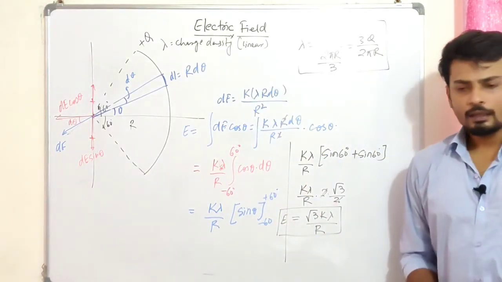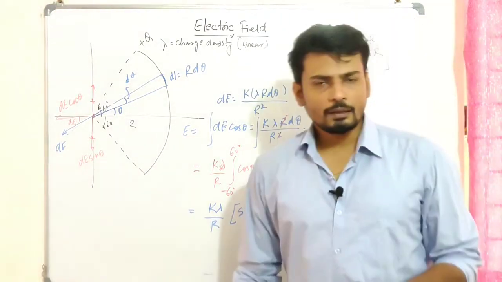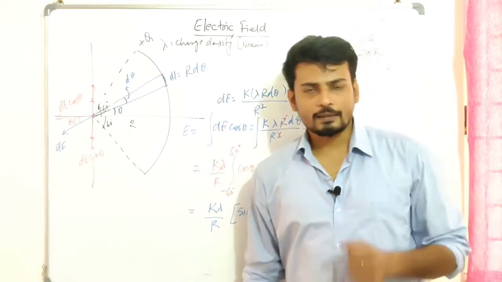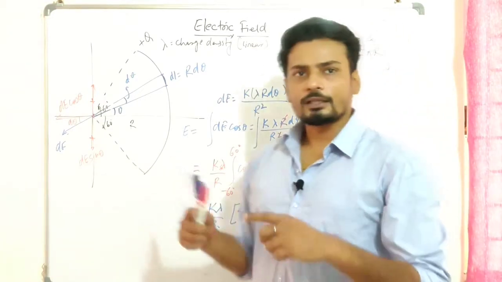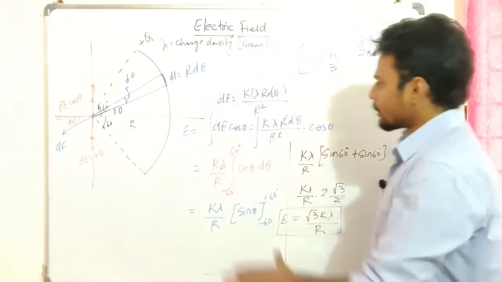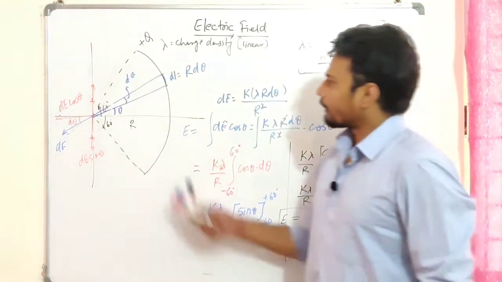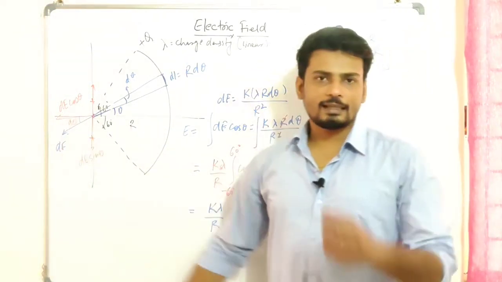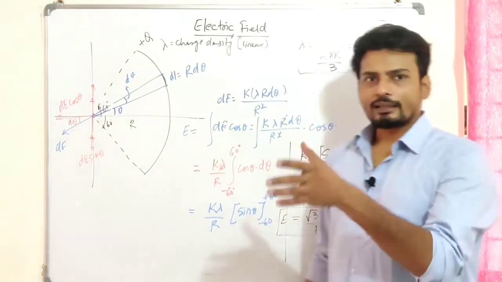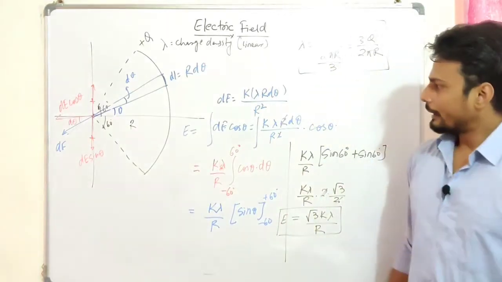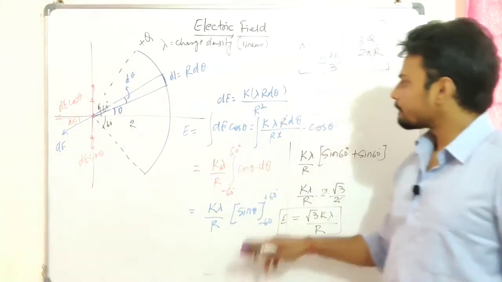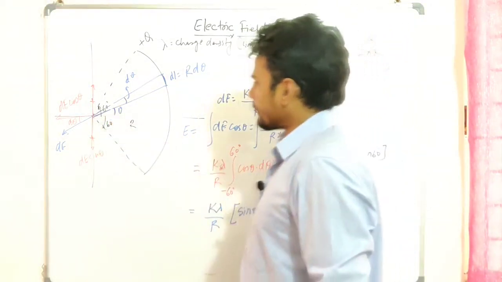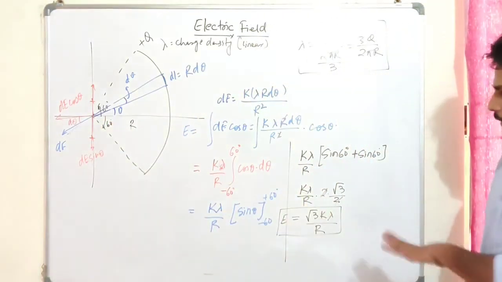Fair enough. Now let us see some more questions based on that. It could be a quarter of the ring, it could be any general ring. So we're going to learn the method to find the electric field in general because of any arc. That's the second thing. I'm sure it's clear to all of you. The idea is very simple. I got the small q, I found the small dE, I found the required component of that, because the electric field is a vector quantity. So we have to break that in vector form before we get into the integration. I got the required form, which is dE cos theta. I put all the values. I set the limits properly based on this symmetry and all. And then I just did it, I got the answer, right?